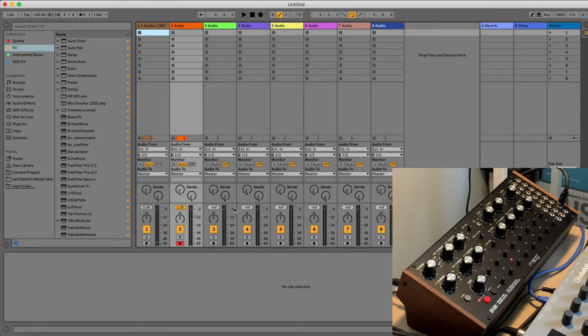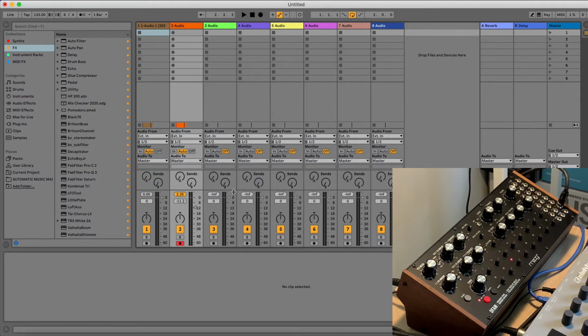Another problem here, which you can see, is these mono signals which are being recorded stereo because they're going through the Analog 4 into the Focusrite Scarlett, which does not have level controls that are in steps or anything, so it's very difficult to get the left and right channel the same. And once again, the left is louder than the right,